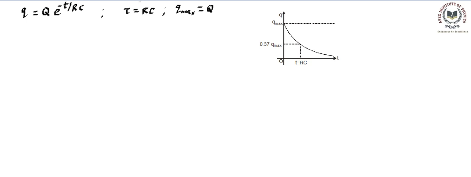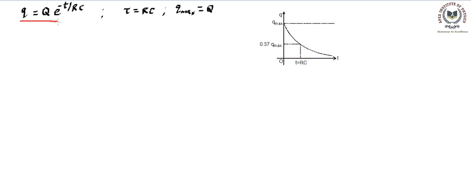So how this charge decreases, as per the graphical representation, we can see in this figure. I have plotted this small q on the y-axis and time on the x-axis, right? And this Q max is indicating the maximum charge with which it starts, and that is at t equal to 0. Over the time it decreases exponentially. So this is an exponential graph, and it becomes 0 at very long time. So that approaches 0 after a long time, right?